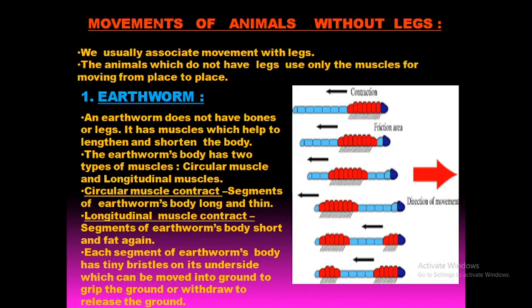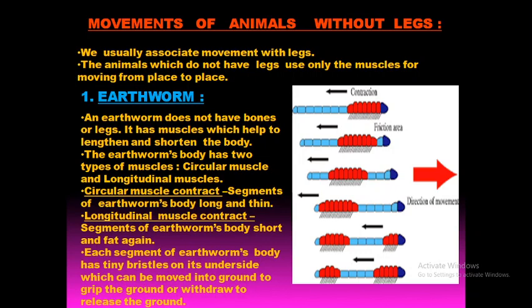Now, earthworm, as you all know, belongs to the class of annelids, that is the invertebrate animals. It has muscles which help them to lengthen and shorten the body. If you see the earthworm, they can lengthen the body, they can shorten the body with the help of the muscles. And their body actually consists of segments which are liquid filled, or compartments which join together. So the segments which constitute the earthworm's whole body are short and flat.